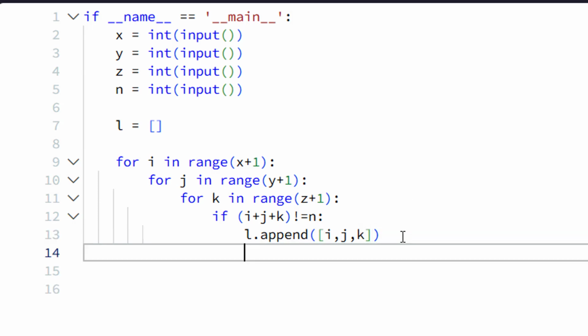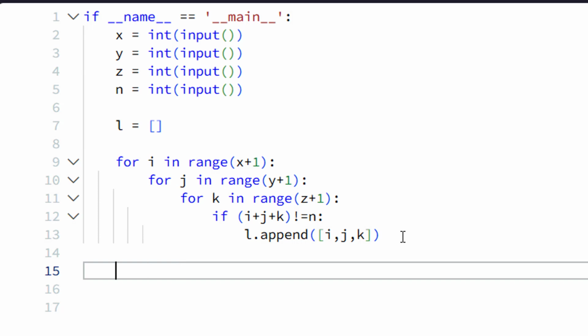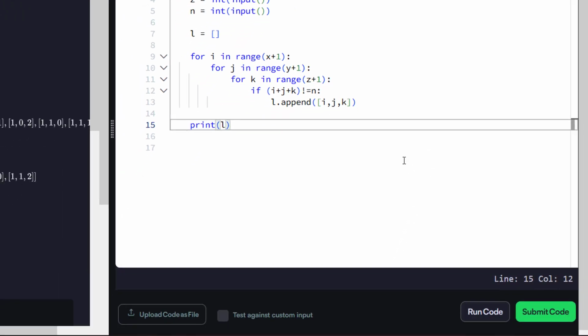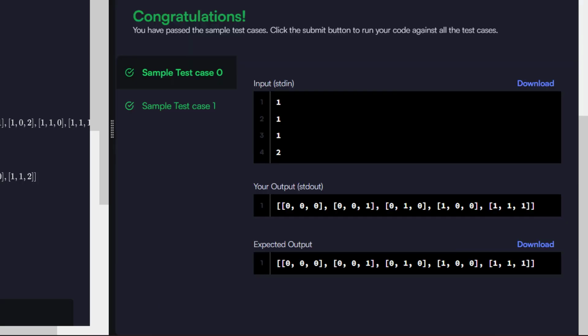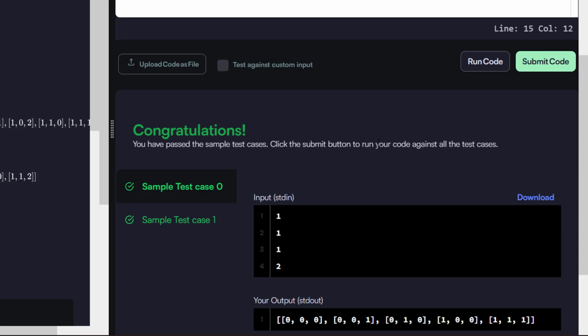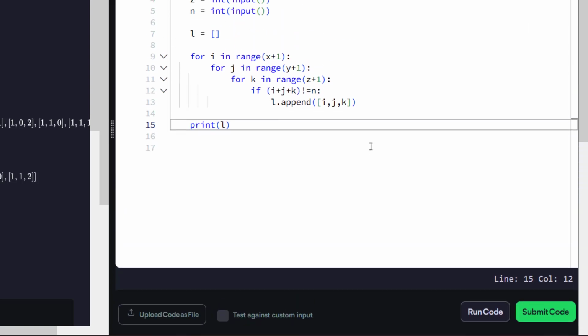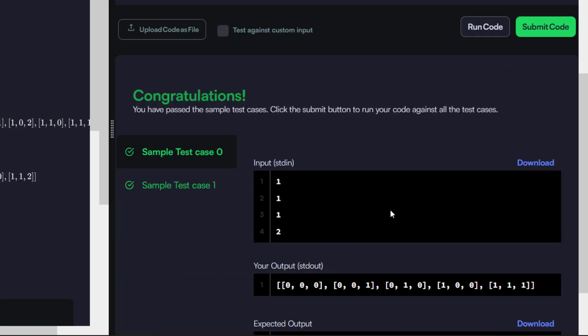Next, what we will do, we will come out of the loops and then we will print L. Okay, let's take a look at whether it works or not. Let's run the code. I know we have not used list comprehension. Okay, we have passed the test cases. I will not hit submit. So we have passed the sample test cases.